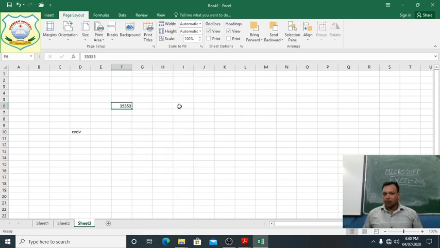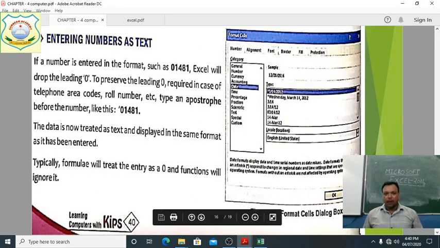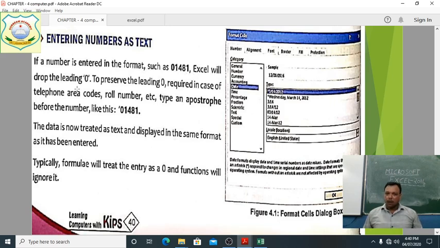Clear, students? So this way we can do it. Again I am telling you, if a number is entered in a format such as 01481, Excel will drop the leading 0. To preserve the leading 0, meaning we want to show the 0, as in telephone area codes where we always show it like this, there is a need for the apostrophe symbol.